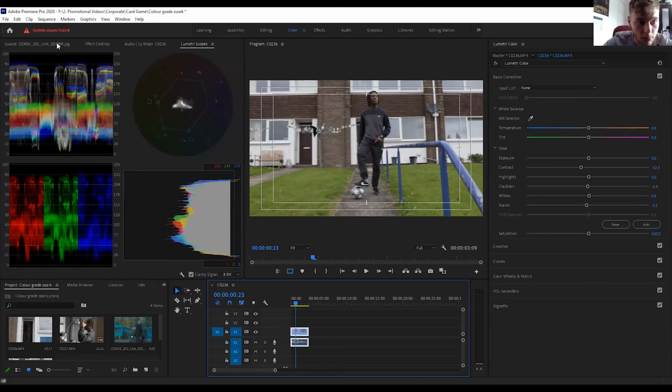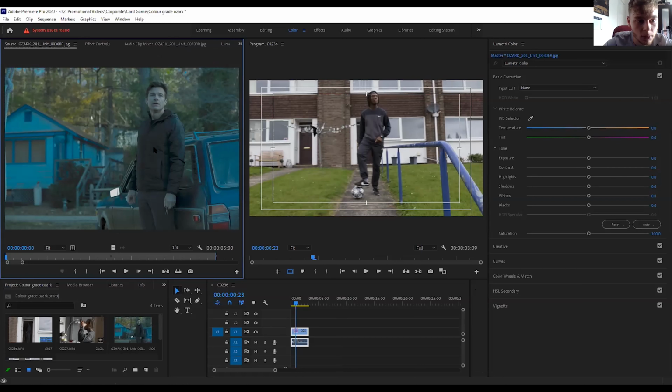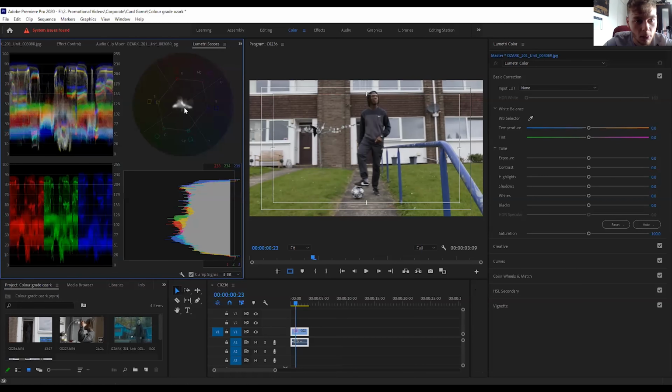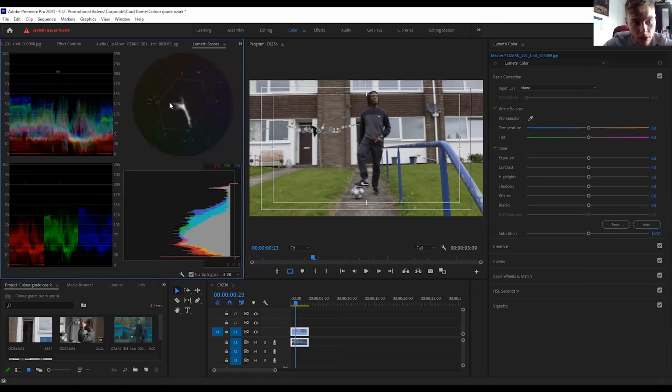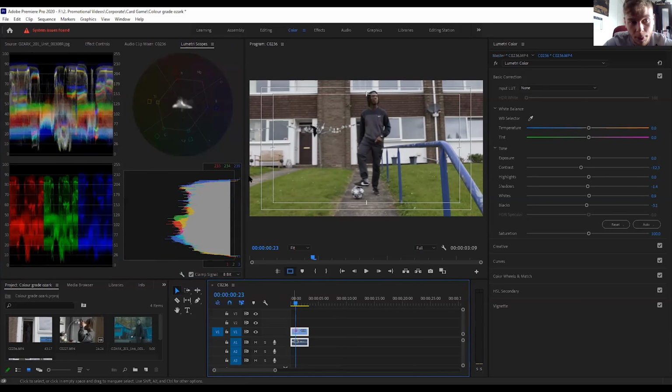If I click onto my reference and go back onto the scopes, we can then see what's actually going on. As you can see, they've got yellow, a tiny bit of red, which is where the skin tone will most likely be, and the rest of it is teal. We have to try to replicate that, but we're already there with the yellow, and then we just want to crush this red a little bit more and bring the blue in. So to create that,